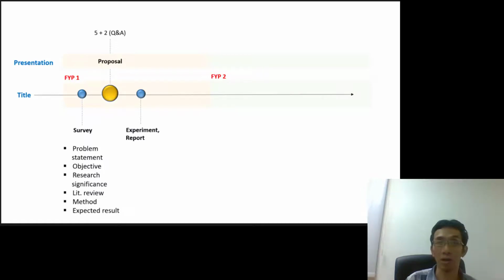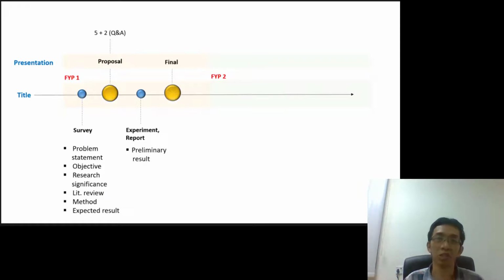Some of you might go to the lab, but during this pandemic situation, for FYP1, you are not allowed to be in the lab. So what you can do is further digging, further polishing your literature review. Some of you might already have done something in the lab before the pandemic started. In that case, you can take the result from what you have done and put it in your slide for your final presentation.